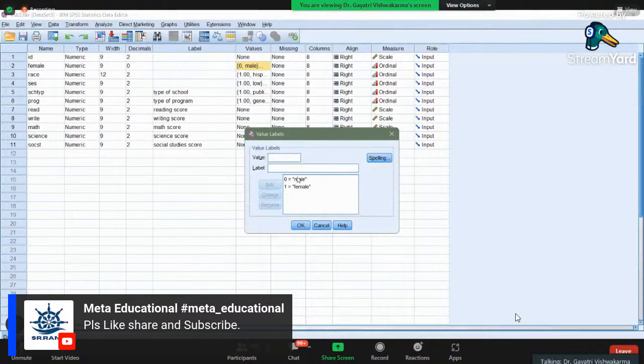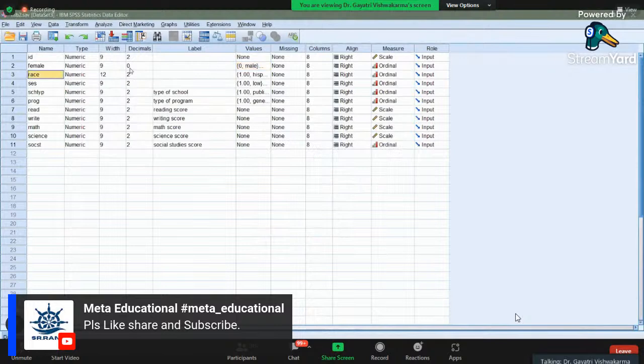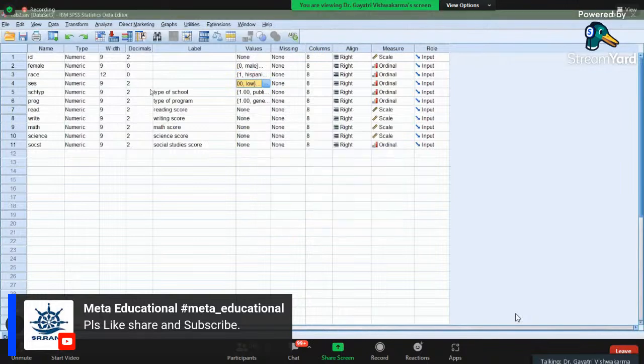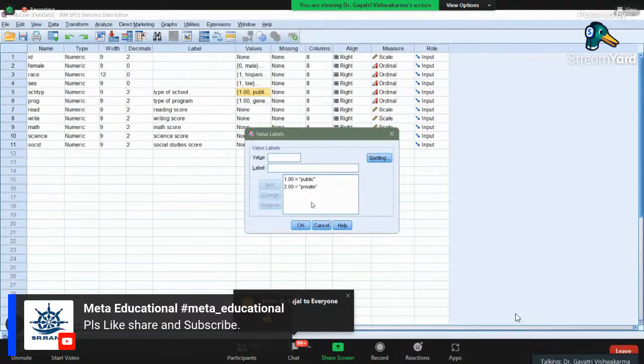So we have defined one for female. This is a nominal variable. You can define any type, like I have defined one for female and zero for male. And then we have race. I don't know why it has decimal points. And then we have socioeconomic status, low, middle, and high. And we have type of school, whether a student is studying in a public or private school.